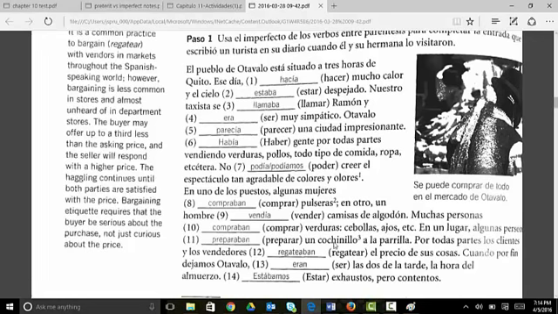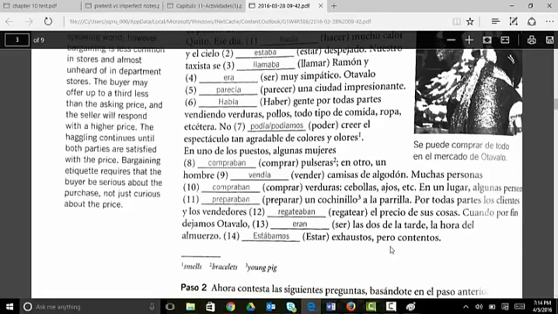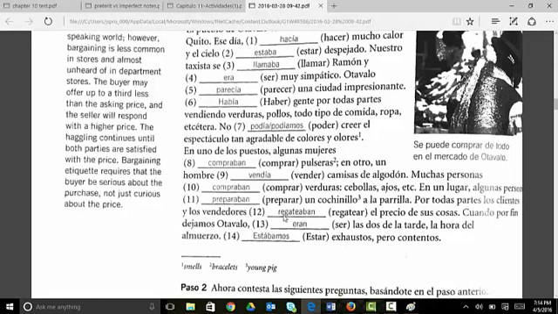Muchas personas compraban verduras, cebollas, ajos, etc. So there were a lot of people buying. You hear me again using the "ing": vegetables, onions, garlic, etc. En un lugar, algunas personas preparaban un cochinillo a la parrilla. So in another area, there were some people who were preparing a little pig on the grill. Por todas partes, los clientes y los vendedores regateaban. So all over the market, the customers and the salespeople were bargaining the price